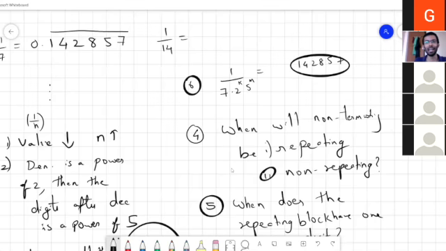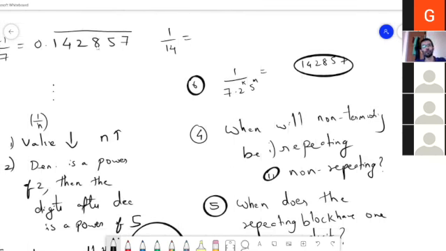One last thing: for 7, Prita ma'am noticed something, but 7 has another remarkable property. We will see that next week. Let me see if any of you are able to anticipate that remarkable property of 1 by 7. And there is a very interesting open problem related to this, which nobody has solved so far. We will come to that soon. We will continue this next week.